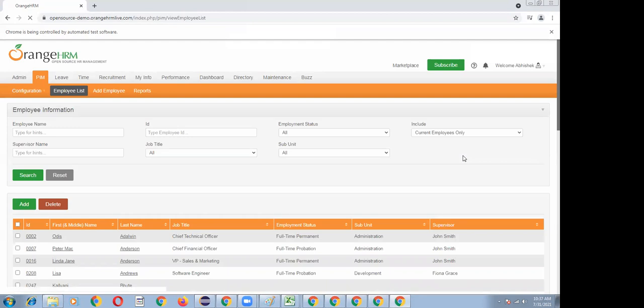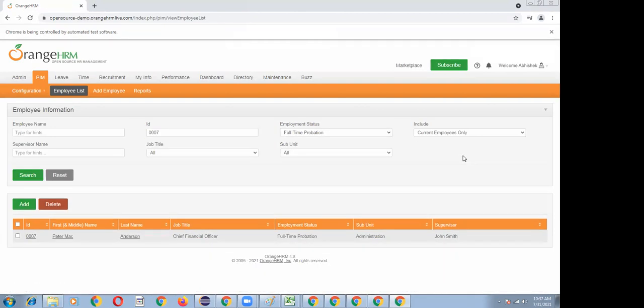Now, during my first iteration, it has to enter full-time probation and employee ID 0007, and the first record was fetched as per my data provider. If I write some more methods, it will click on 0007 and continue. As per my data provider, my first iteration completed and my second iteration started.